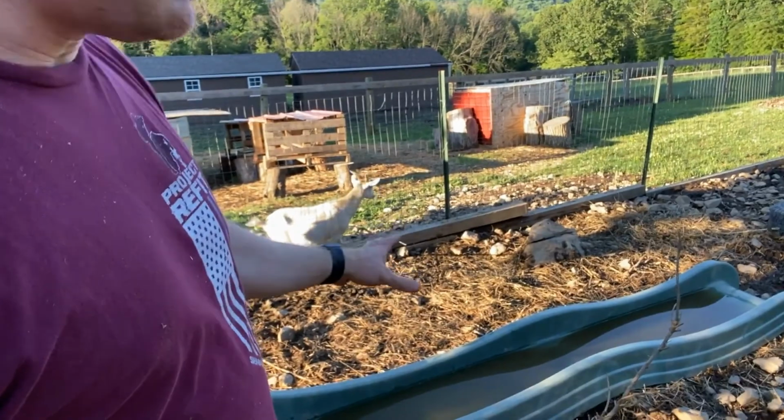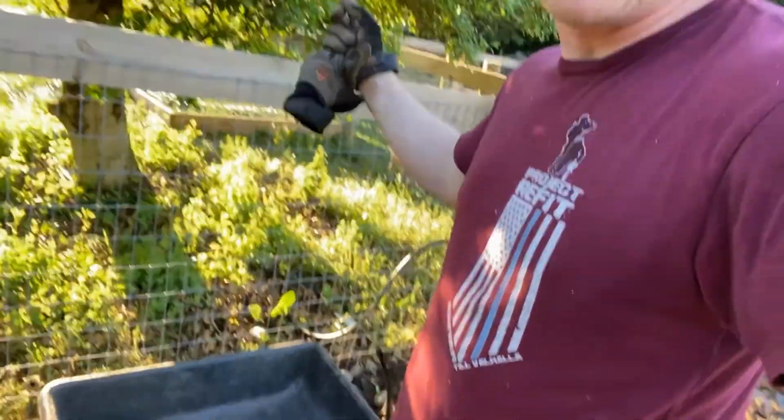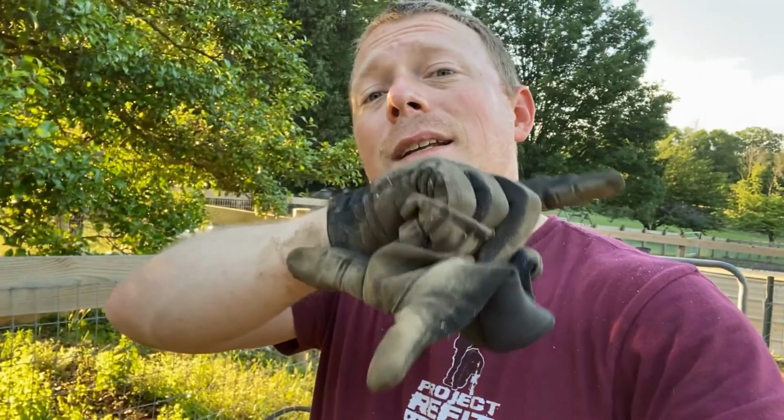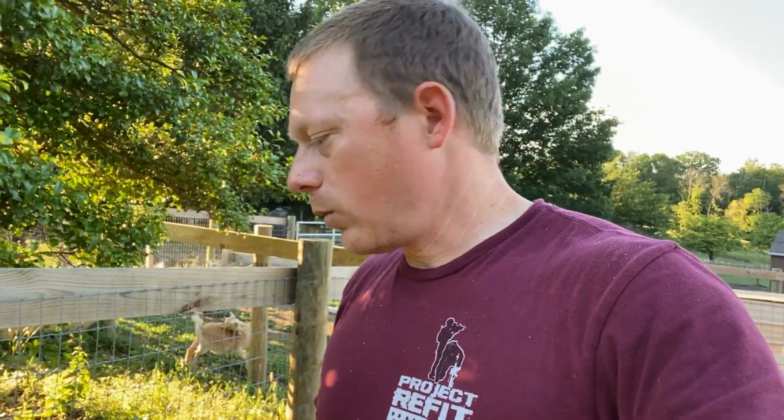And we might still keep that, see how it goes, but we're gonna use this container as well. We're putting it over here on the side by one of the holly trees to give them as much shade as possible. Unfortunately, the sun kind of comes up and comes over. So we're gonna see how this works out. I'm gonna use the fence as one of the walls, and then we're gonna line the outside of it with rocks. That way they have a way to get into it and out of it. I might have to dig it out a little bit,